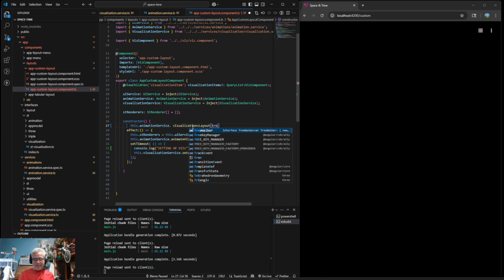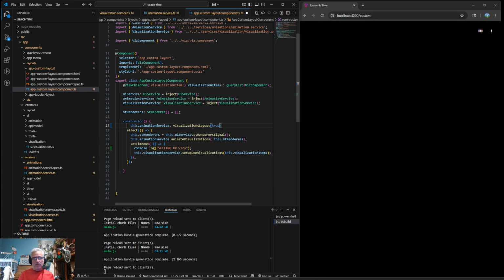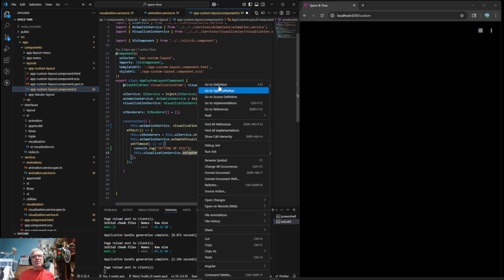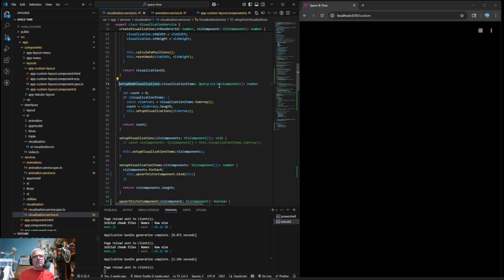So we're going to want to do something like that, but we're going to want to do it after all visualizations are done. And unfortunately, after basically all of these are done, set up DOM visualizations. So let's see what happens here. I wonder if I can do it after this because this is all done. And we could say, hey, if setup DOM visualizations is greater than 0, then run that. Let's try that.